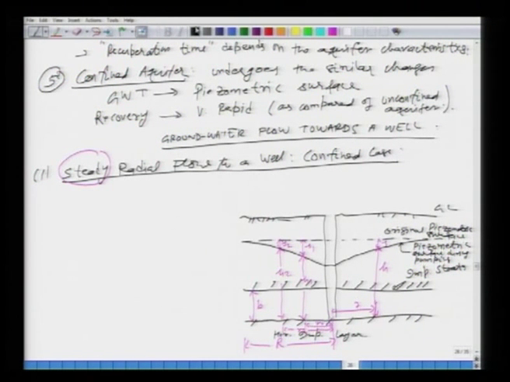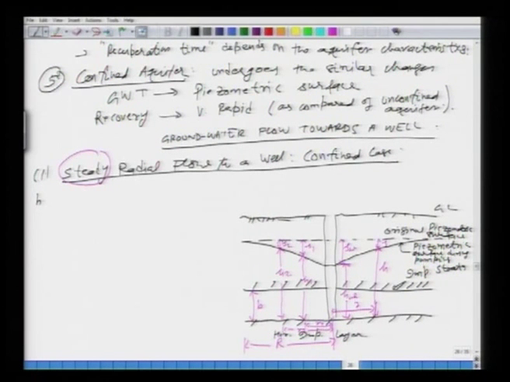Okay. So, we have defined B, H1, H2. The other thing is, let us say, the height of the water in the well itself. Let us say this is HW. Okay. This is the height of the water in the pumping well, that is HW, and this, let us say, is your SW. Okay. So, the quantities at the well are SW and HW. Okay. All right. So, let me just write down all these things quickly, and then we will go to the derivation.